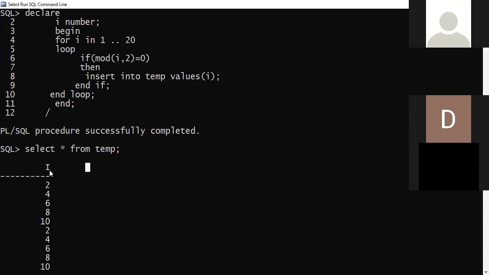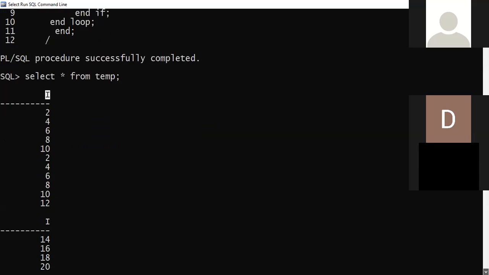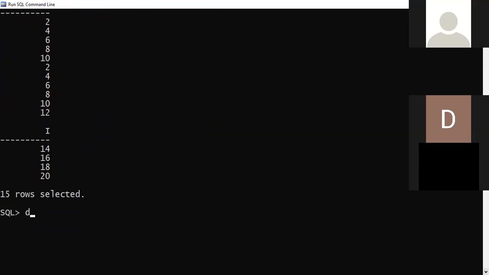What you can do while showing it to the examiner, you can first delete the values from the temp. Are you getting? For example, I want to execute this program again. So before that, what I'll do? Delete from temp. So 15 rows are deleted. Now if I execute the same program again,